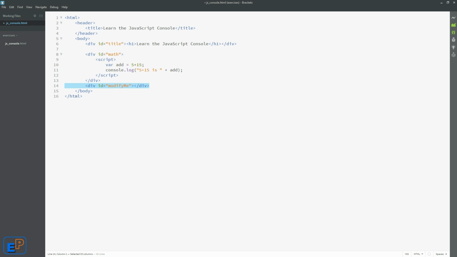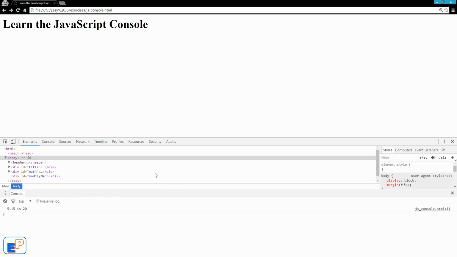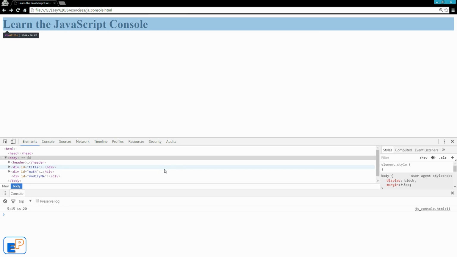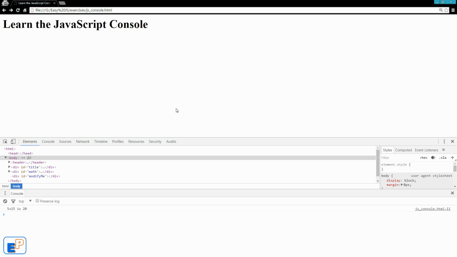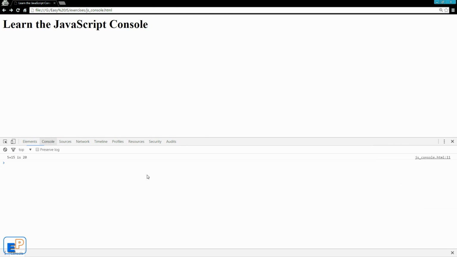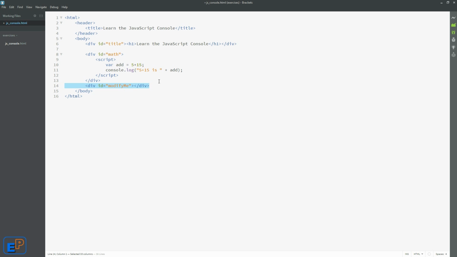The JavaScript console can be more than just for output. In the last tutorial I showed you that you can output the words hello world onto the console, but the JavaScript console is more dynamic than that. You can use it to input information. So let's just look at the console here. I have the console open here. This is the elements. I'm just going to click on the console tab here to get a bigger view of the console. The reason you see here it says 5 plus 15 is 20 is because in my HTML file